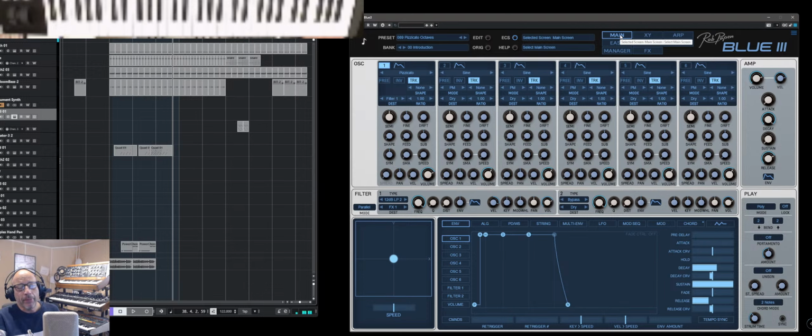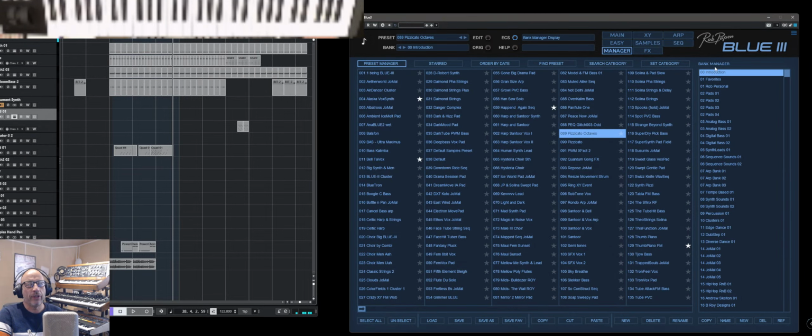I think most people of BLUE-3 use the many top presets and maybe tweak them a little bit. But we started with the FM synthesis, which is inside of it. You can throw it into a filter. But what some maybe don't know is, if I go back to the manager and to the introduction bank and the default preset,